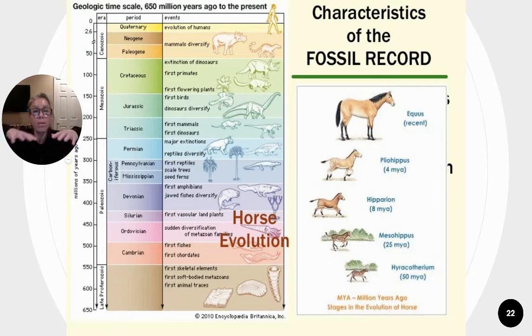But remember how the plates have shifted over time, right? You've got those convection currents shifting the plates around. And as a result of that, where they are on the surface of our Earth could change the temperature, the amount of rainfall, right, that they have. So horses, the areas they were in, gradually started being in areas where there wasn't as much rainfall, so you didn't have forests, you had grasslands. So it was better to be taller. So you see those fossils